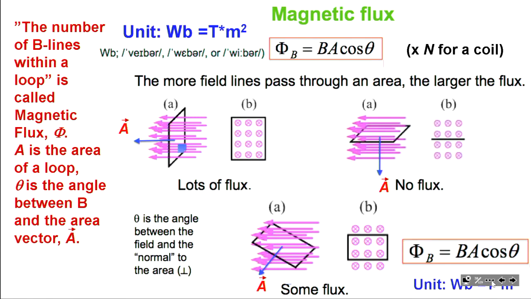B is the strength of the magnetic field. A is the area of the loop. And theta is the angle between magnetic field and the area vector. When that angle is 0, cosine of 0 is 1, maximum flux. When that angle is 90, cosine of 90 is 0, no flux. And something in between. And if magnetic flux through the loop changes,